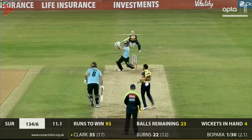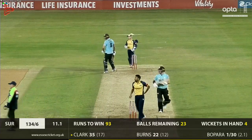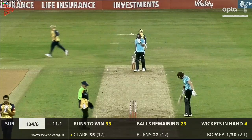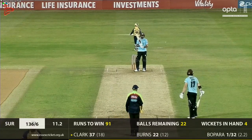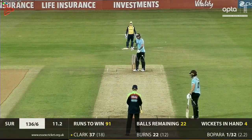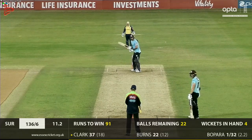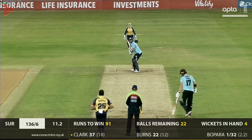As here's Bopara bowling, and Burns plays a good clubbing stroke out towards deep mid wicket and collects a single. Perfectly respectable shot, but in the circumstances not enough for Surrey. 93 required from 23 balls. So we've got Andrew Simons 34 balls Kent against Middlesex, Martin Guptill 35 balls Worcestershire against Northants, and then we've got Scott Styris 37 balls Sussex against Gloucestershire, Dan Christian 37 Nottinghamshire against Northants, and then we've got Cameron Delport